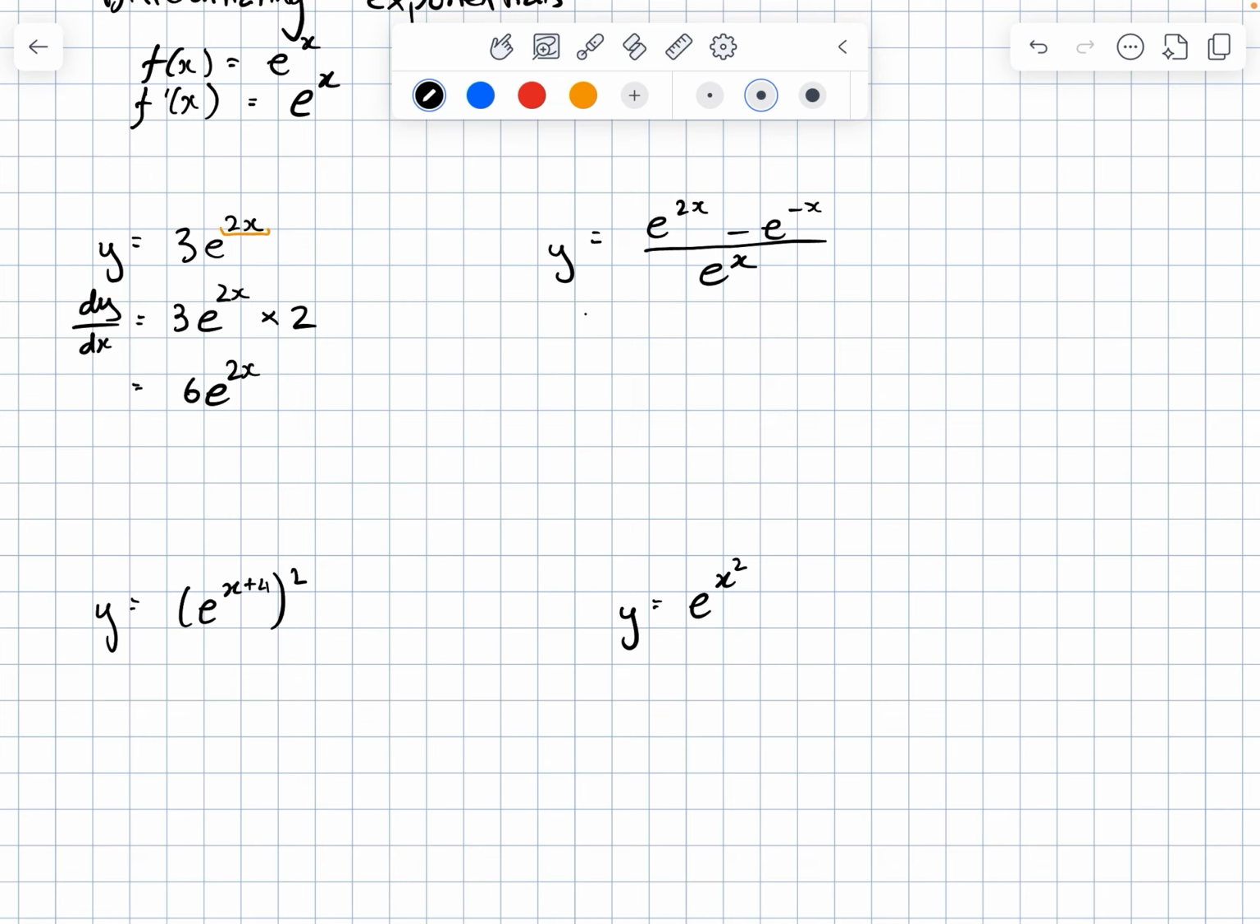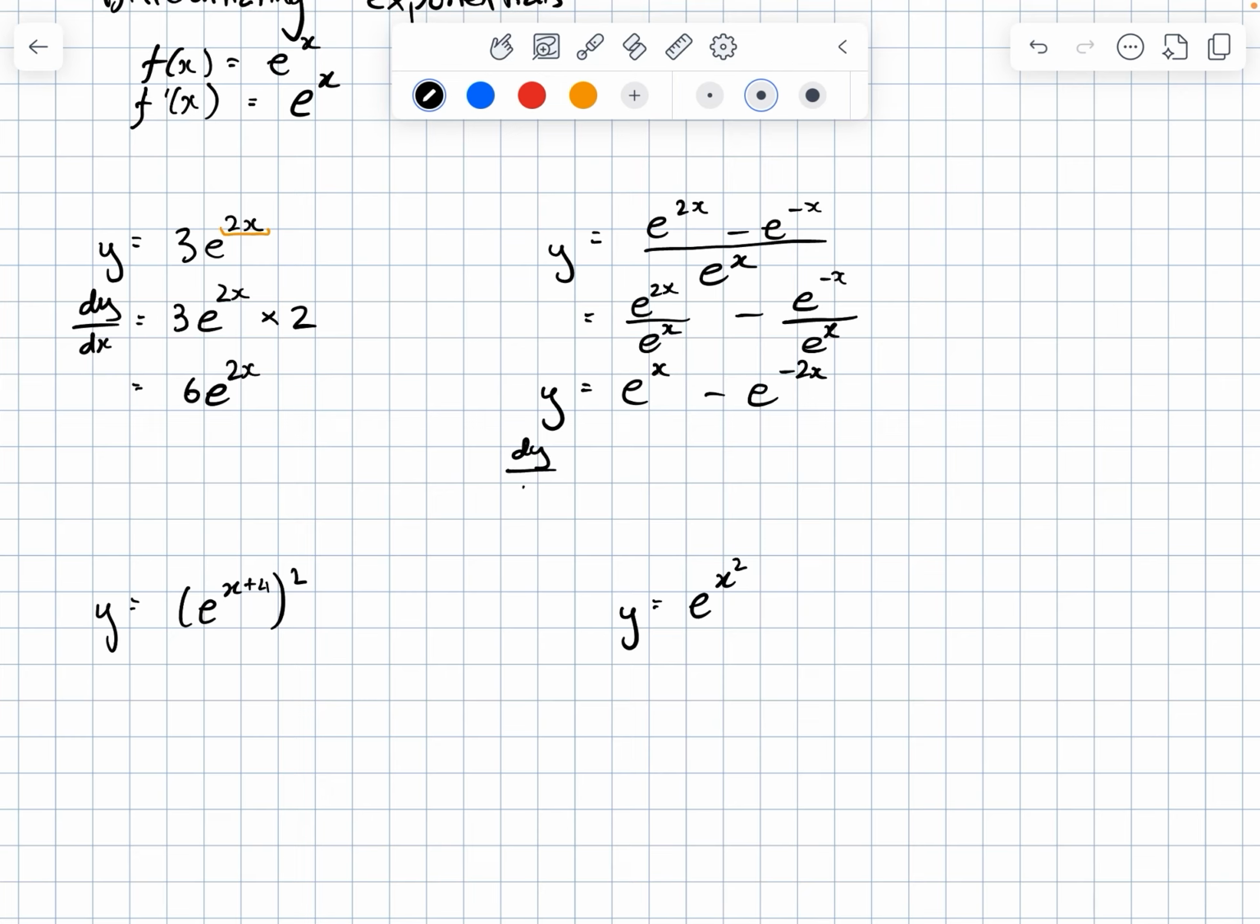It may look more complicated and you're going to have to use your laws of indices to make questions simpler. So for this question, we can split this up to e to the power of 2x over e to the power of x minus e to the power of negative x over e to the power of x. That gives us, subtracting our indices because we're dividing with the same base, e to the power of x minus e to the power of negative 2x,